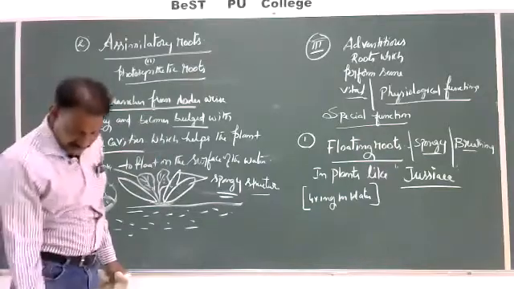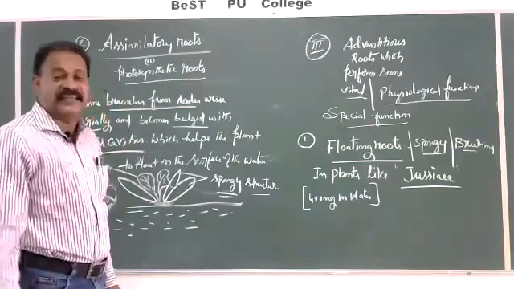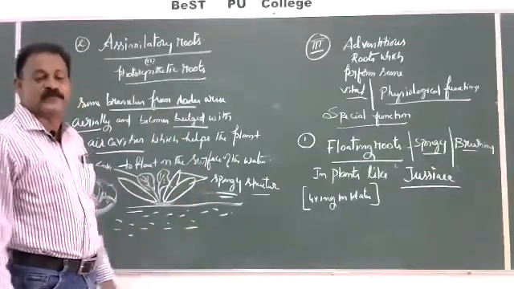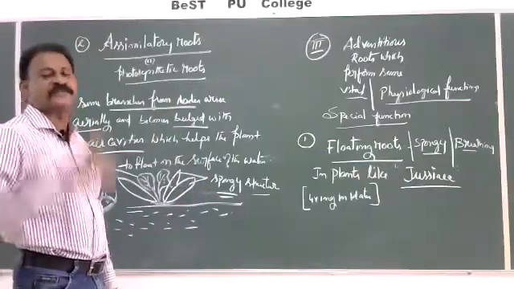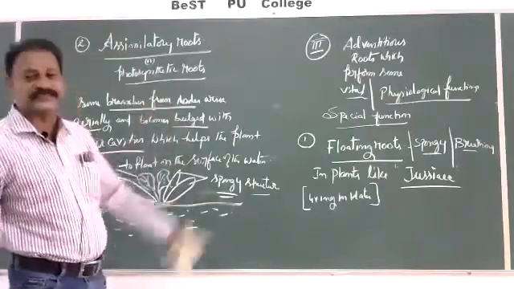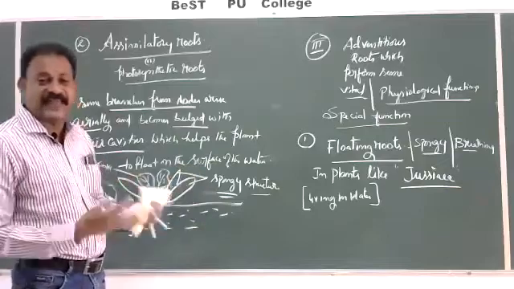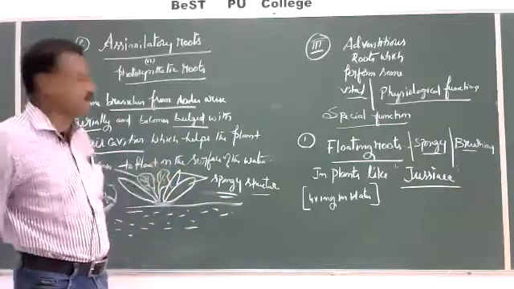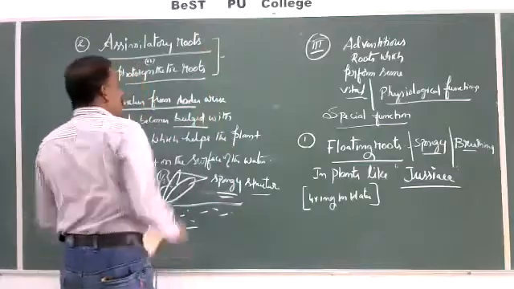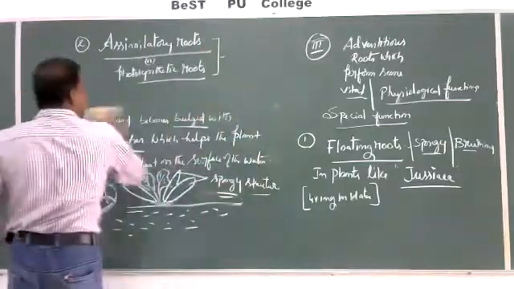Roots are not green, they are non-green, growing below the soil. But here some roots are growing above the soil and become green and able to perform photosynthesis. So they will assimilate, synthesize food material in them. Photosynthetic roots are assimilatory roots in plants like